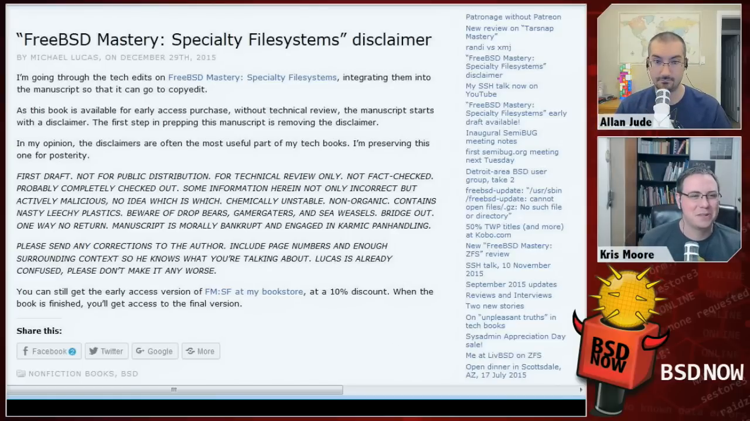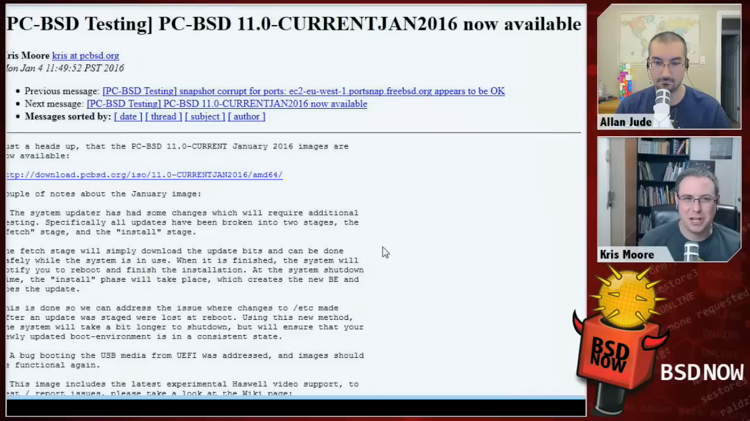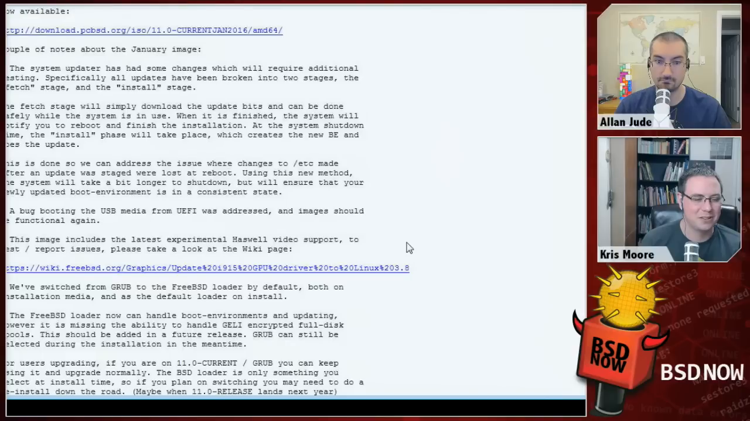Okay, next up in the bits, just a heads up that the January images for PCBSD 11 current are now available, and we'll have the link in the show notes where you can grab the ISO or USB images. Just a couple quick notes about this month's version. First up, the system updater went through a round of changes, so we're asking people to check that out, specifically broken into two stages. So when you